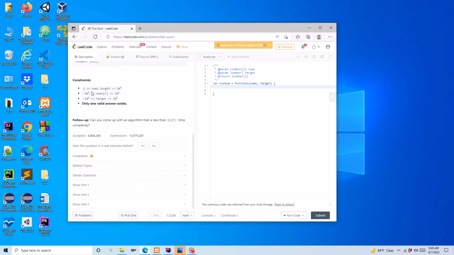We have a list of constraints. So the length of our nums array is greater than or equal to 2, but less than or equal to 10,000. Nums of i, or the values inside of our array, are going to be greater than or equal to negative a billion, but less than or equal to a billion. And our target is going to be greater than or equal to negative a billion and less than or equal to a billion. And only one valid answer exists. We're trying to see if you can come up with an algorithm that is less than O of n squared